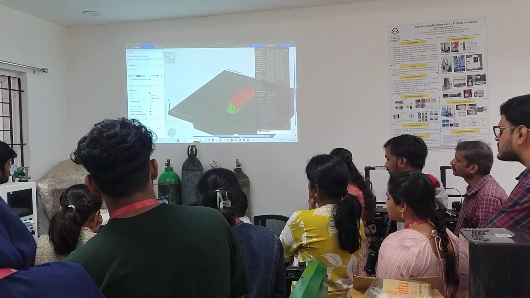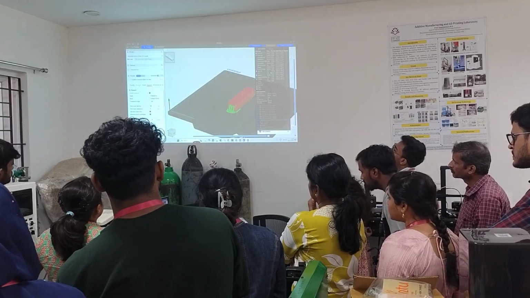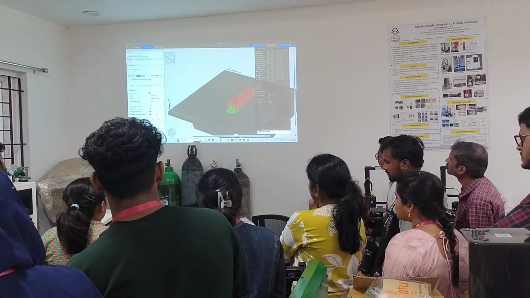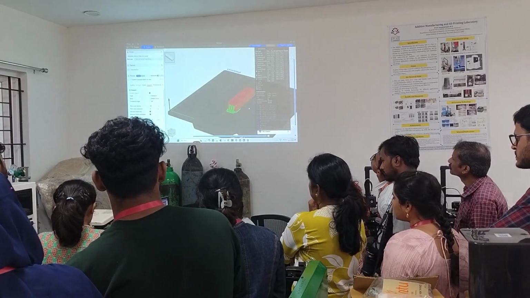This will show you the parameters, the time taken, and the material used by the printer.